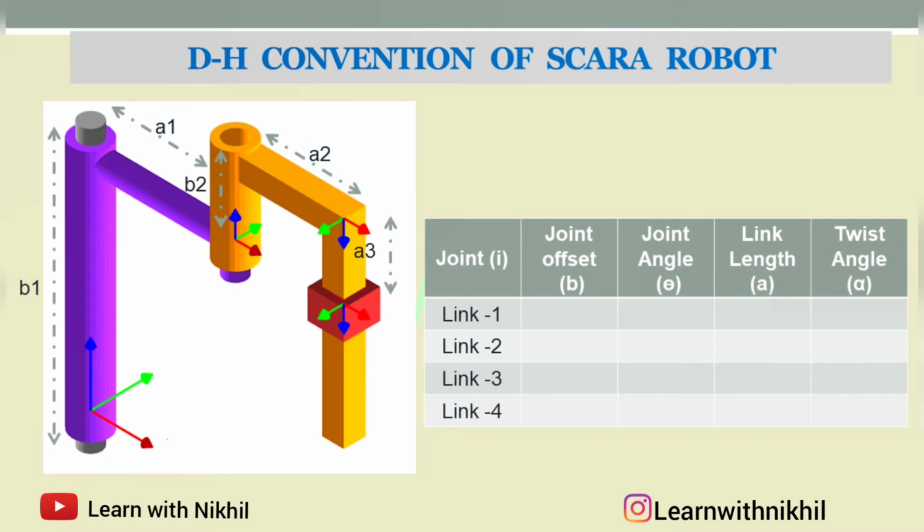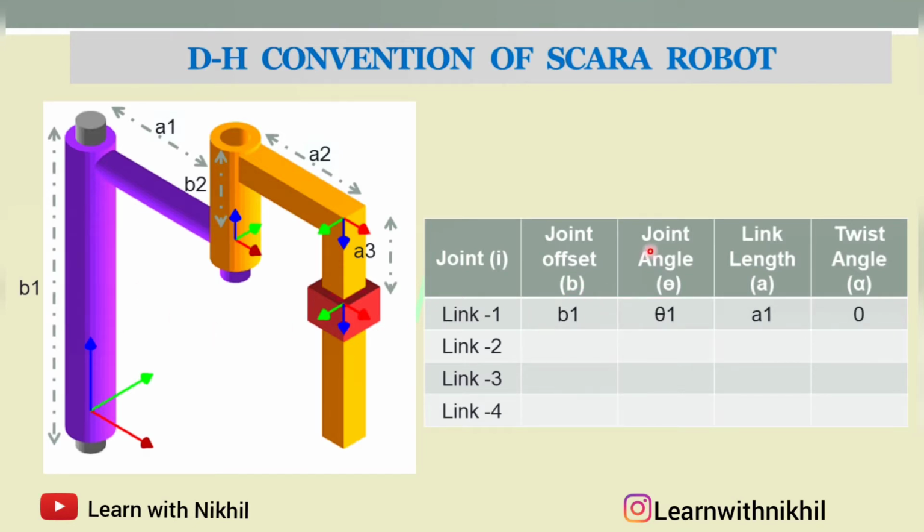Now let's begin. For the first link, for finding the DH parameter, you have to transfer this coordinate from this point to this point. At the end, you have to transfer this till the end effector. So you have to move step by step. For the first link, you have to translate along the z axis. This is z axis, this is y axis and this is x axis. So you translate along the z axis with a distance of B1, that is the joint offset. We have written B1 here. As the joint offset is fixed, this B1 distance can be written as 0 also.